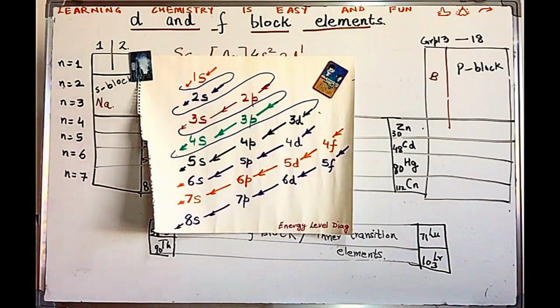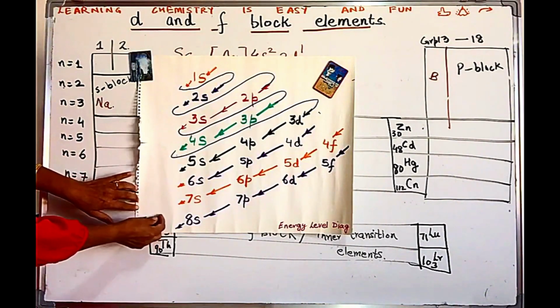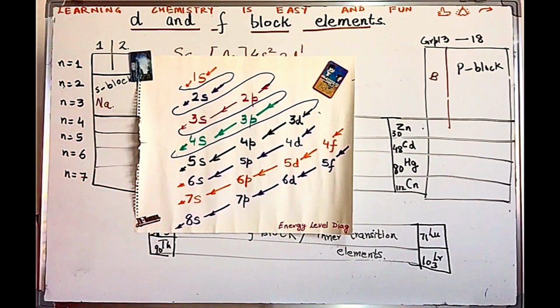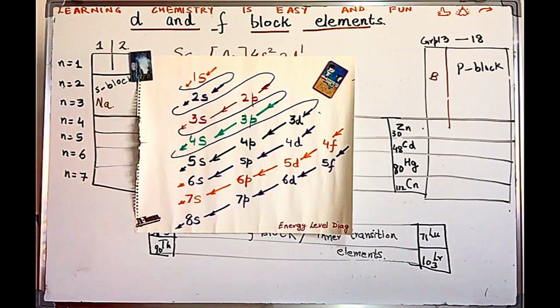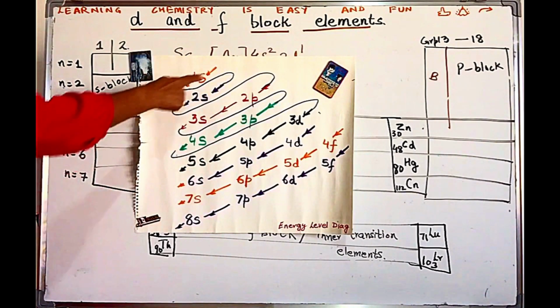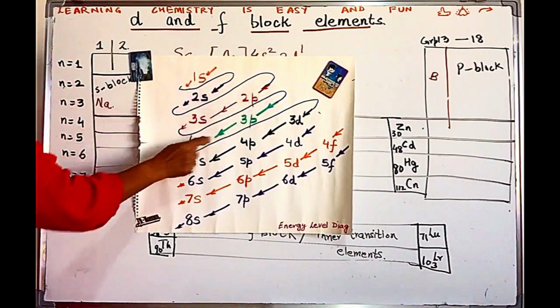If you feel that you are not able to understand D and F block elements, one of the reasons could be that you are not very confident about writing the electronic configurations. So please go ahead, learn this Aufbau table, the energy level diagram, which gives us the order in which the